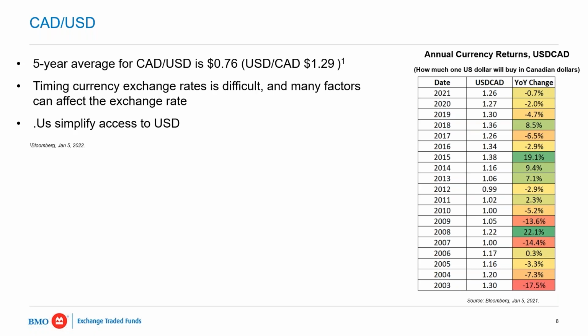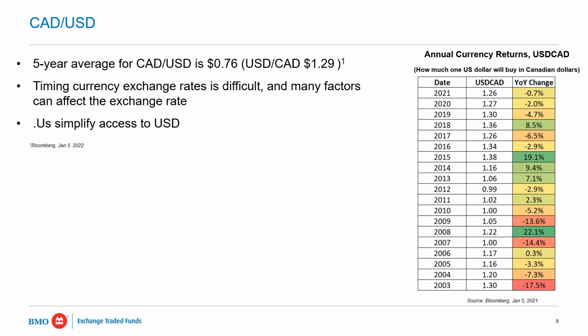And if you're looking at it the other way, that's a long-term historical average. But certainly, as you can see here on a year-to-year basis, they can move, and they can move significantly. So obviously around 2008, we remember there's a lot of volatility there. The US dollar gained in strength in 2008 because it tends to be kind of a low risk asset. People go to US dollars, buy treasuries. But around 2008, both in 07, 09, you saw a significant depreciation in the US dollar. So, it's just something that can show you that currency can definitely play a significant role in returns.